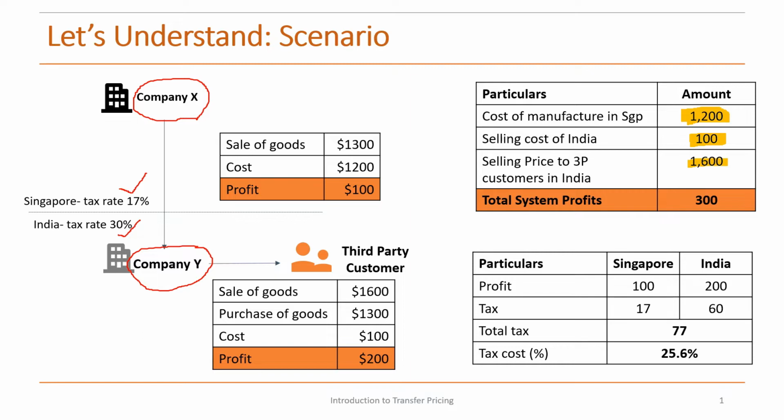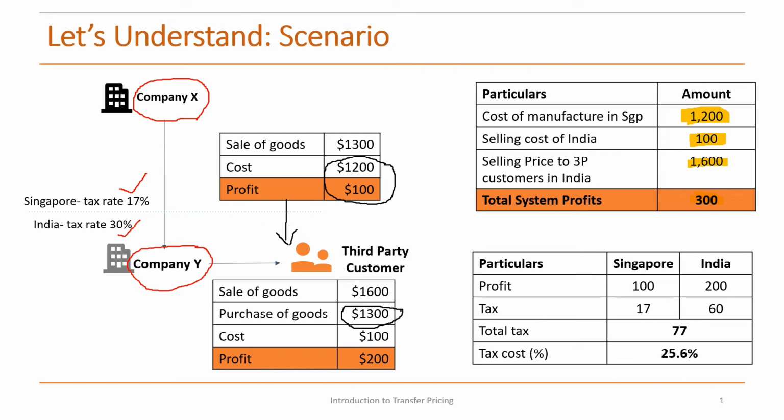Let us come to the left part of the slide and understand how the parties have arranged their transaction. Company X manufactures the product at a cost of $1,200, adds a profit of $100, and sells to Company Y for $1,300. So, $1,300 becomes the purchase price for Company Y in India. It incurs selling cost of $100, sells the product at $1,600 in the open market, thereby leaving $200 profits in the Indian jurisdiction. Of the total system profits of $300, profit that is left in Singapore is 100 and profit